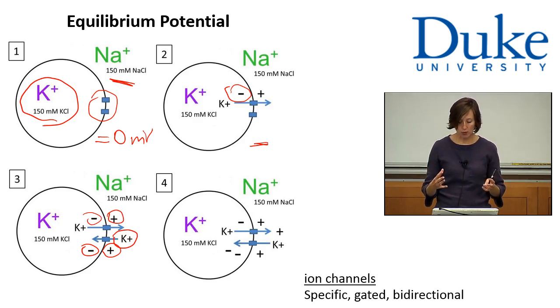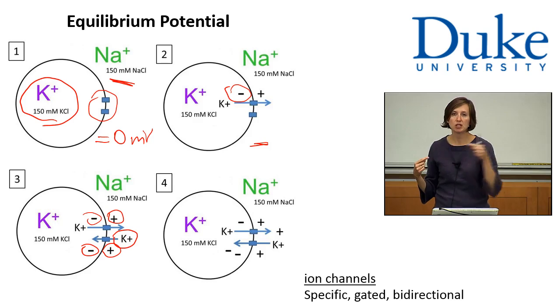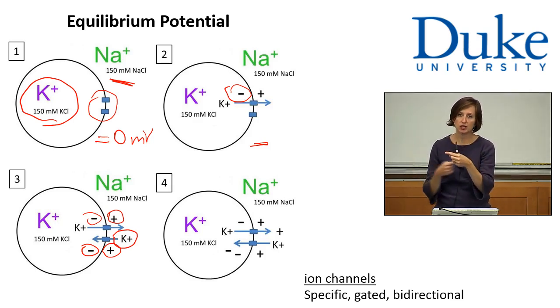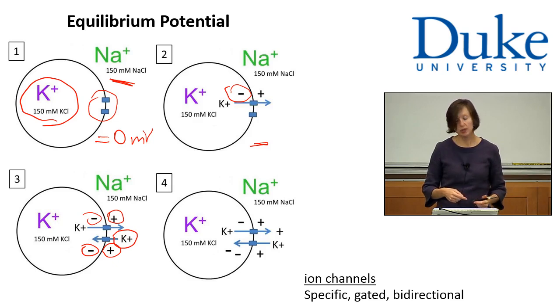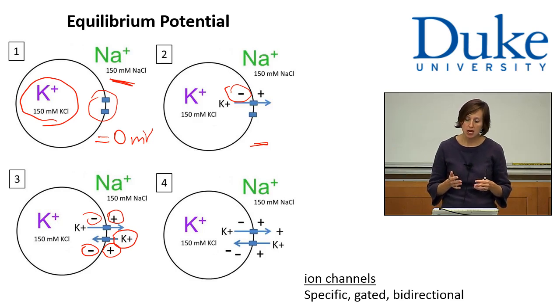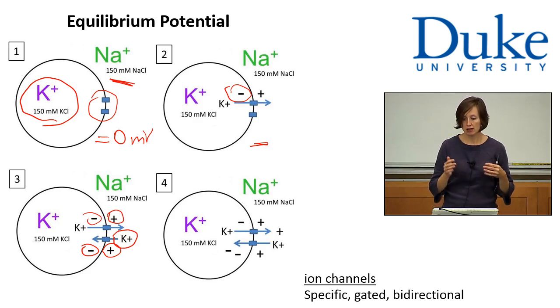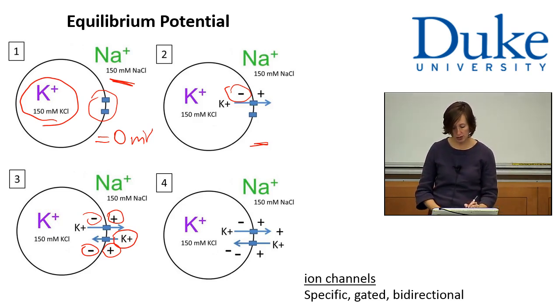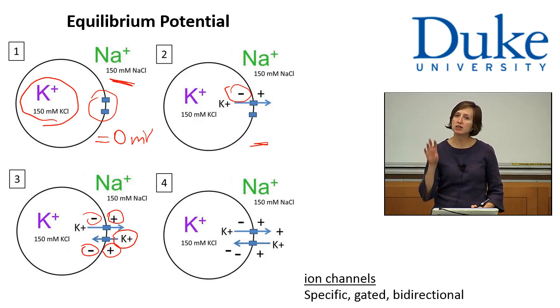In step 4, we've got the same number of potassiums leaving the cell as we have entering the cell. And that's when we have now reached the equilibrium potential for potassium. So we still have a very large chemical gradient even in step 4, so that the number of potassiums that have left to form this electrical gradient is still very small. We still have a very large chemical gradient, but we have a large enough electrical gradient that it is opposing